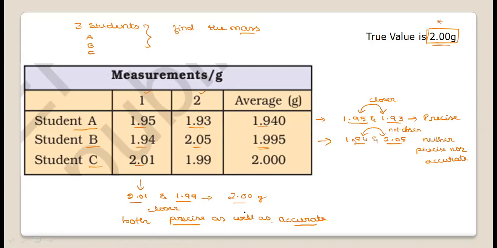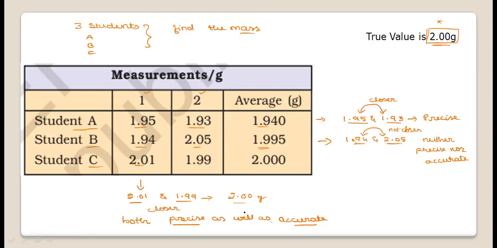So this is how the measured values of experimental data can be checked to understand whether they are precise or accurate. These are 1 mark important questions. As definition questions, they will ask what is precision and what is accuracy, or they will give the data and ask you to identify whether the experimental values of the given student are precise or accurate. This same question is repeated in NCERT exemplar and competitive exam questions. Try to practice this kind of measurement clearly by understanding the concepts of precision and accuracy.